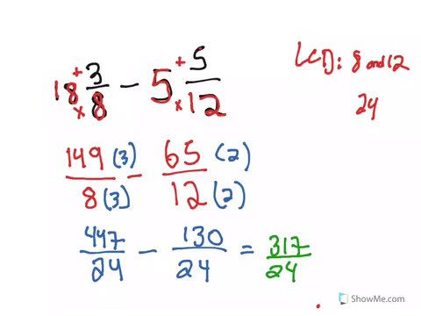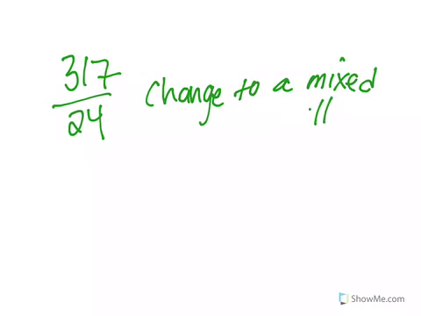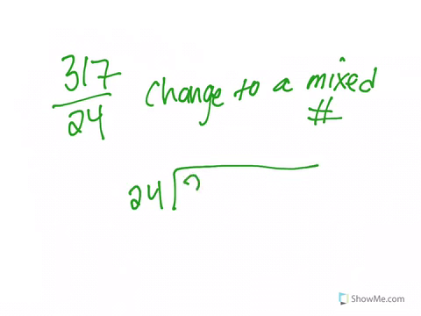mixed number. So you're going to do 317 over 24. You're going to change this improper fraction to a mixed number. Okay, so this requires long division. So how many times does 24 fit into 317? And it goes in,